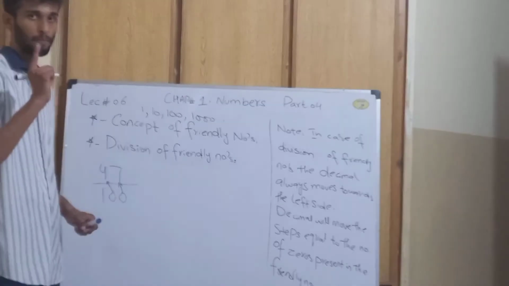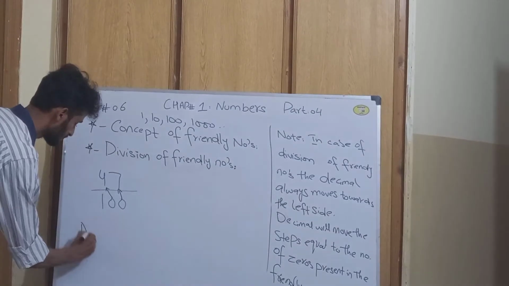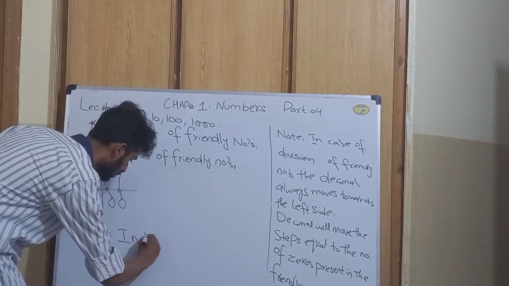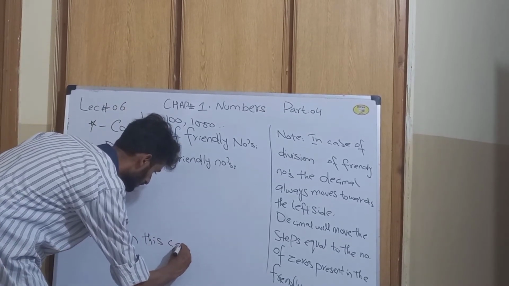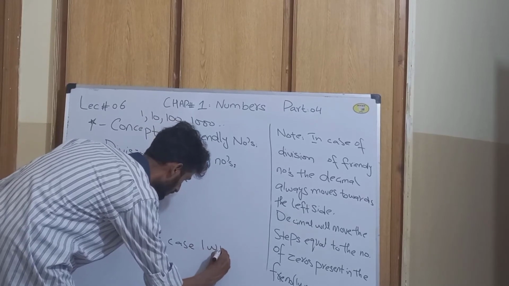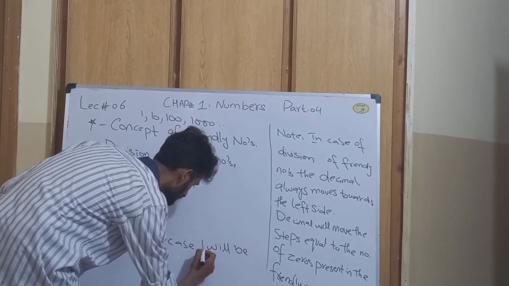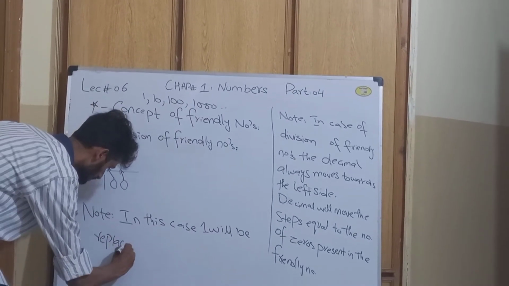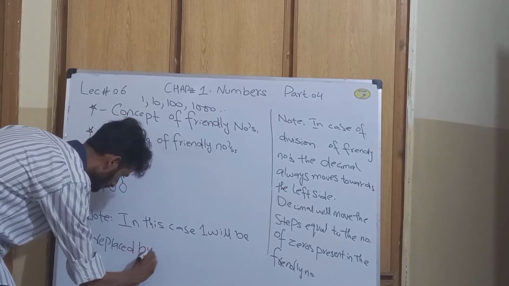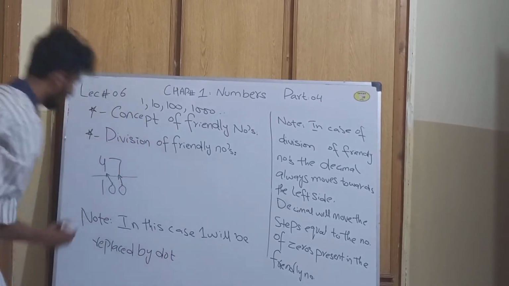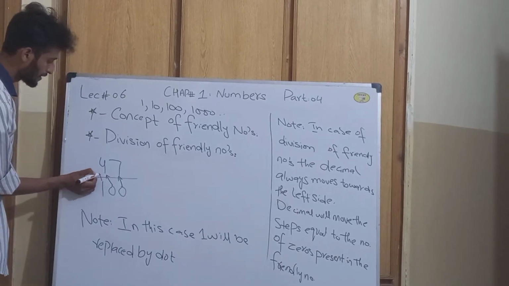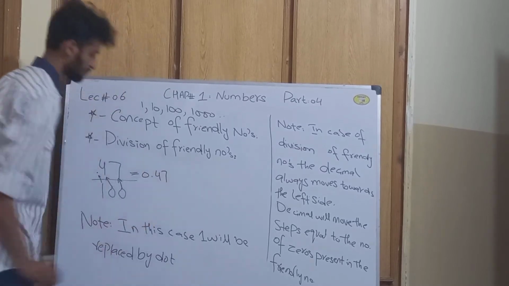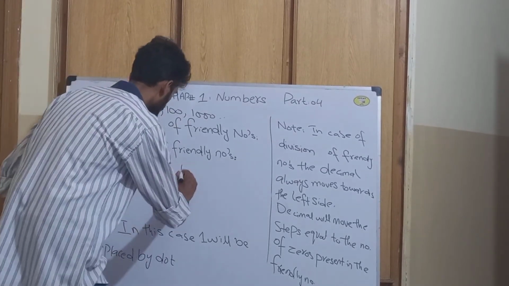And always remember one thing, write a note. In this case, 1 will be replaced by dot. So here this 1 will be replaced by a dot. Our answer will be 0.47. Consider another example. We have a number